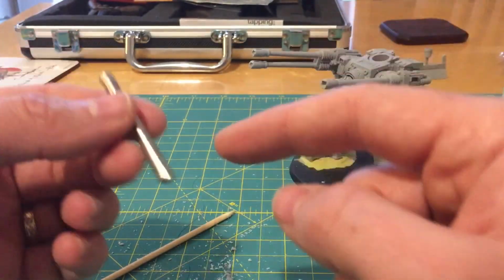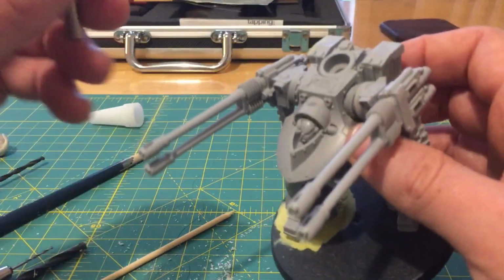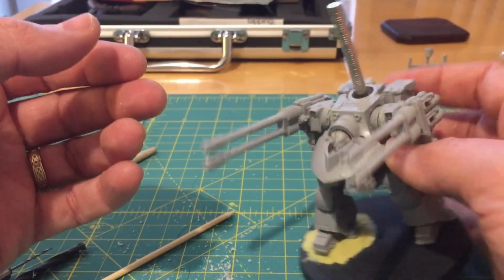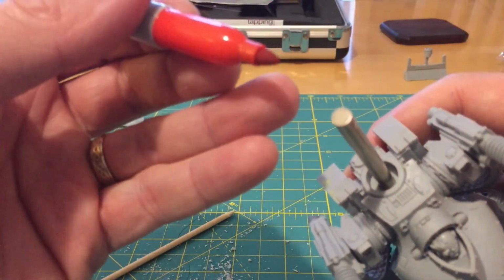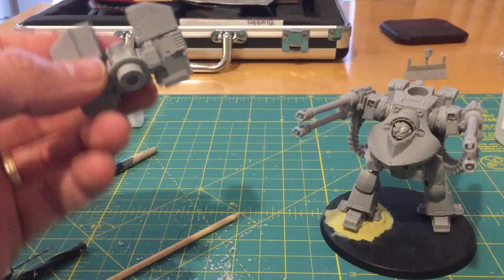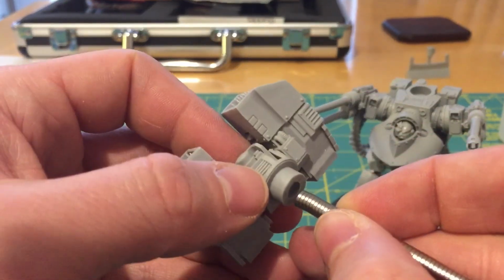Right, the next thing to do before gluing them into this missile launcher is to mark the magnets up for polarity, to make sure you don't glue them the wrong way around. So the first trick is to drop the stack of magnets on like so. I do it like that. I then take my Sharpie and I just colour on one end. I colour that up with marker to remind myself that that is the end of the magnet stack